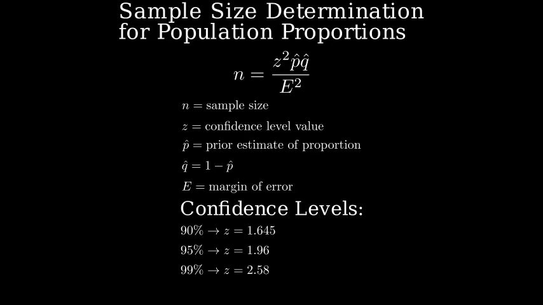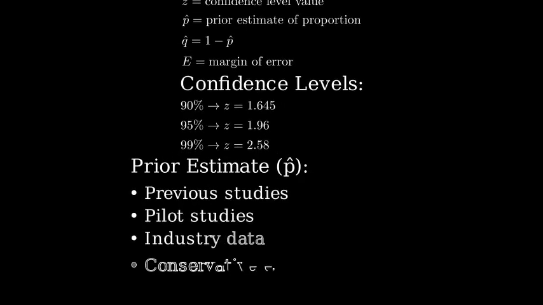For our prior estimate p-hat, we need some idea of the proportion we're trying to estimate. This could come from previous studies, pilot studies, or industry data. If we have no prior information, we use 0.5, which gives us the largest sample size, and is therefore the